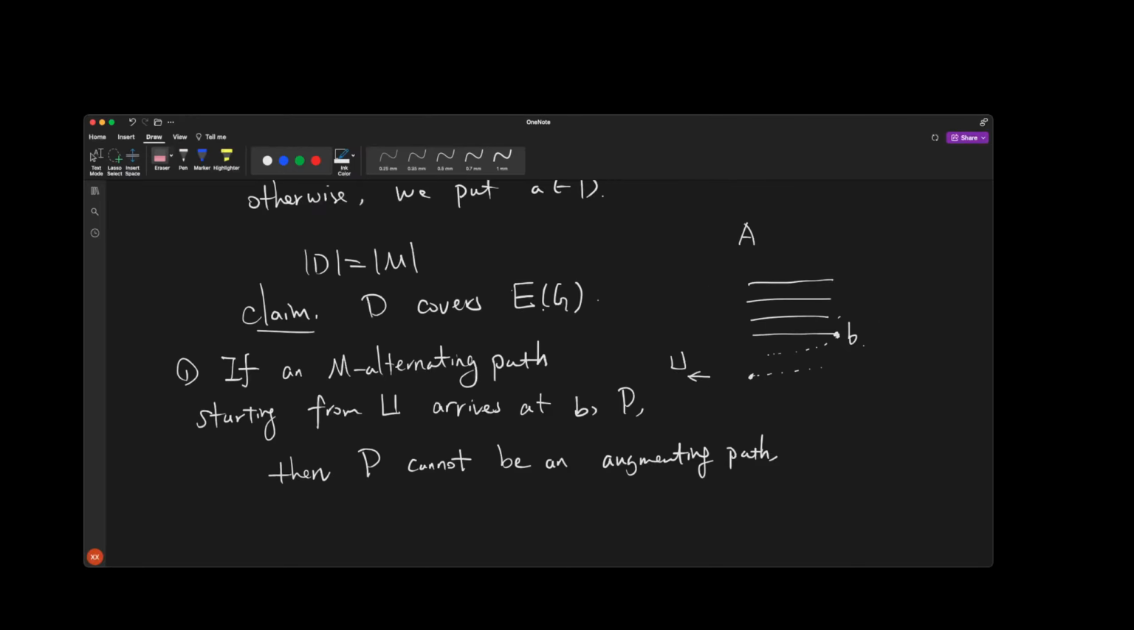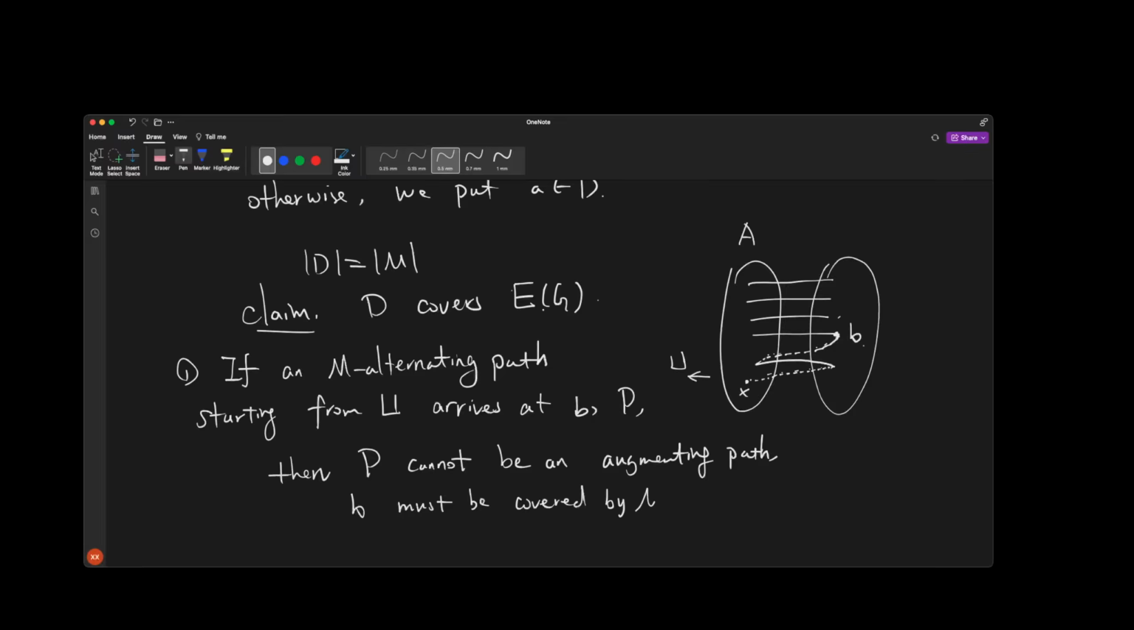So let's see. We don't have information about B. We know this is an edge, because we start from some vertex X here, and we start with an edge which does not belong to the matching, and then the next edge has to belong to the matching, and then, for example, I arrive at B. Okay, but this cannot be an augmenting path. So B, meaning that B must be covered